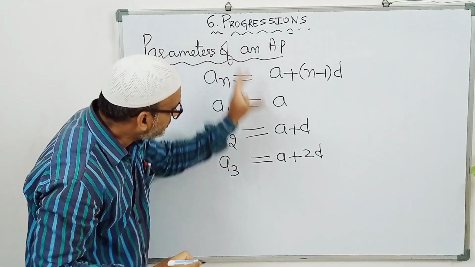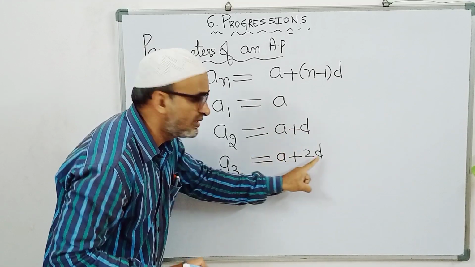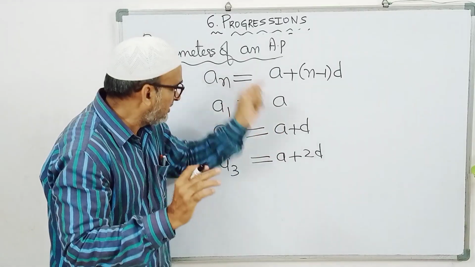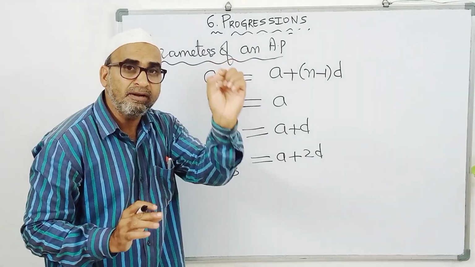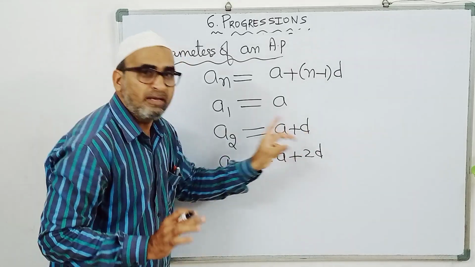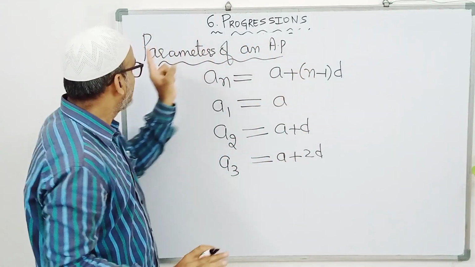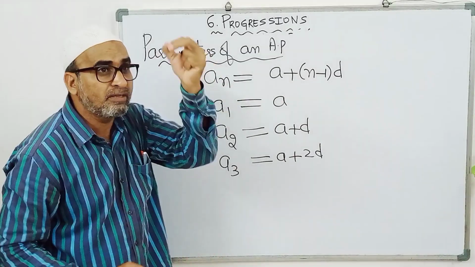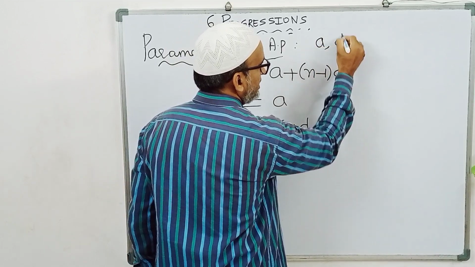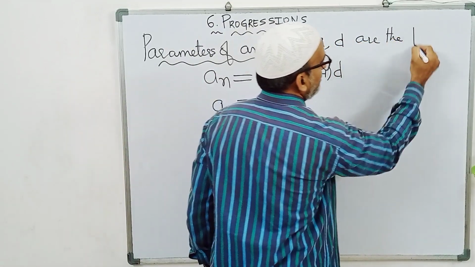Everywhere you see A and D. Without A and D, arithmetic progression will not come. So what are the requirements? A, D are the parameters